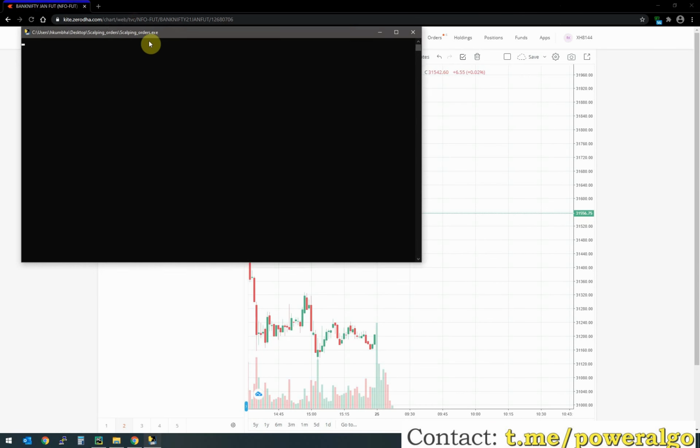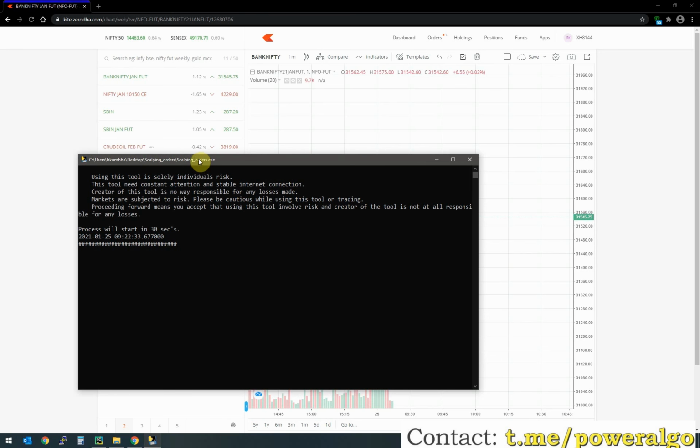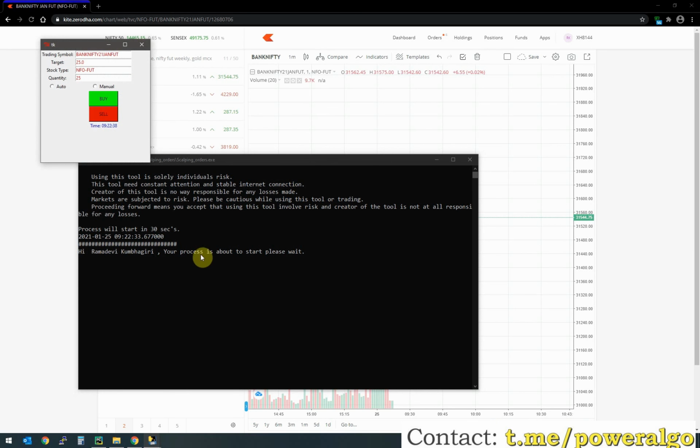Later, we need to run this .exe file. This will open a CMD or a black window. Initially, for the very first time, it will take some time to run. You need to wait till it runs. It will then prompt you with a welcome message. What it's doing in the background is querying all the stocks' quantity, minimum quantity. Once it's ready, it will show you